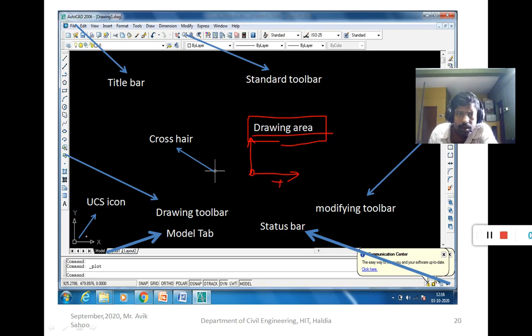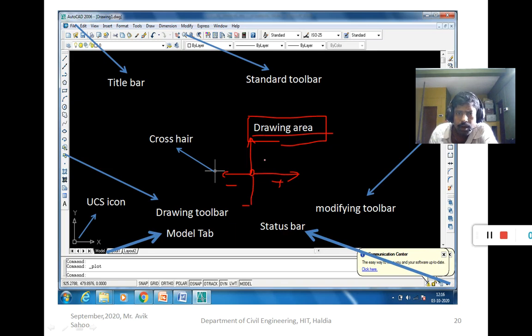So this is the sign convention of the xy coordinate. If I move along the left side, that is called the negative direction. If I move in the opposite direction, that is called the negative direction. This is also the negative direction.